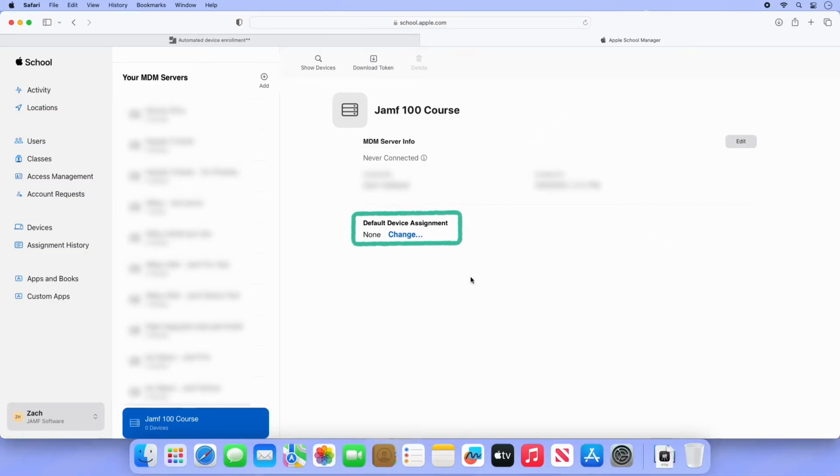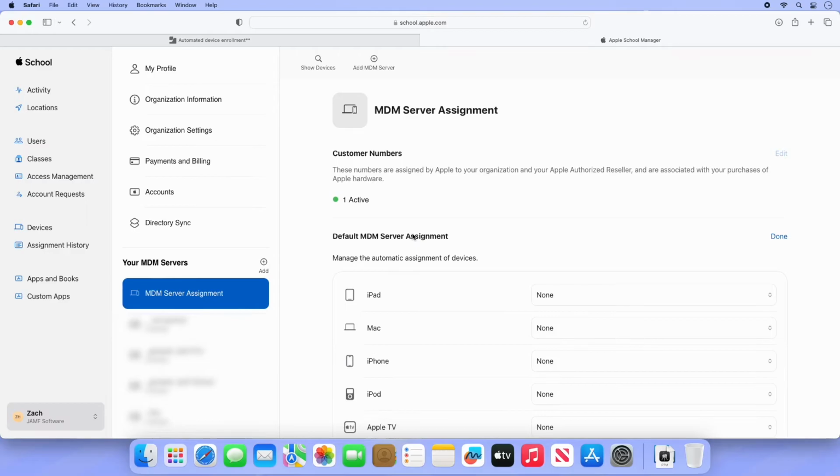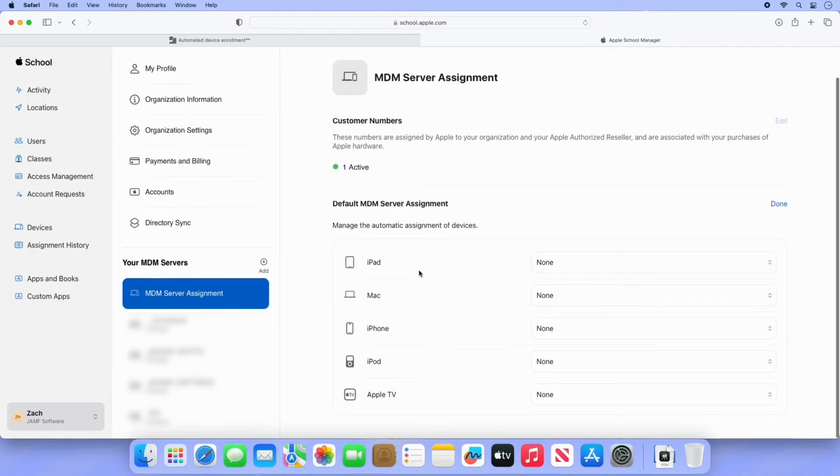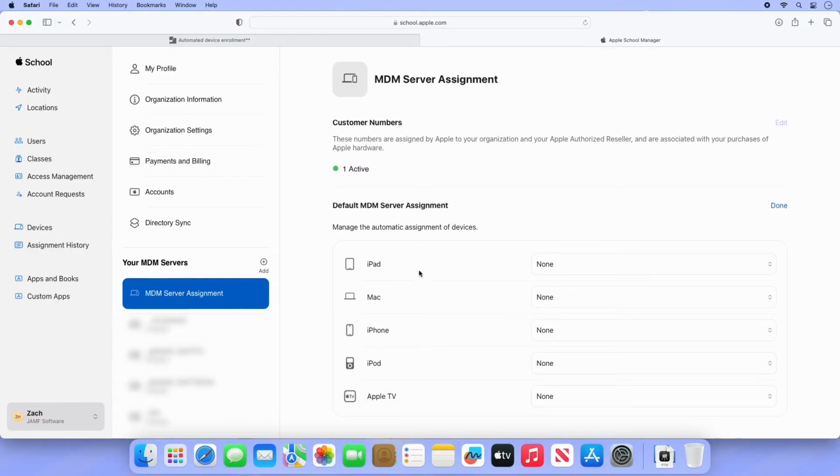Under Default Device Assignment, we can choose which types of devices should, by default, go into which MDM server. Multiple MDM servers can be created and linked separately to Jamf Pro in case you want them to enroll with different configurations. If you only have one MDM server for now, it may be helpful to have all devices assigned to it by default. This way, anytime you purchase new devices through Apple, they'll automatically sync to Jamf Pro. It's worth noting that devices will only populate here when you purchase them through your account. Purchasing a device at an Apple store with a credit card won't populate the device here. Contact your Apple account representative to learn how best to do this. To learn how to move existing devices into and out of MDM servers, check out the resources for more details.